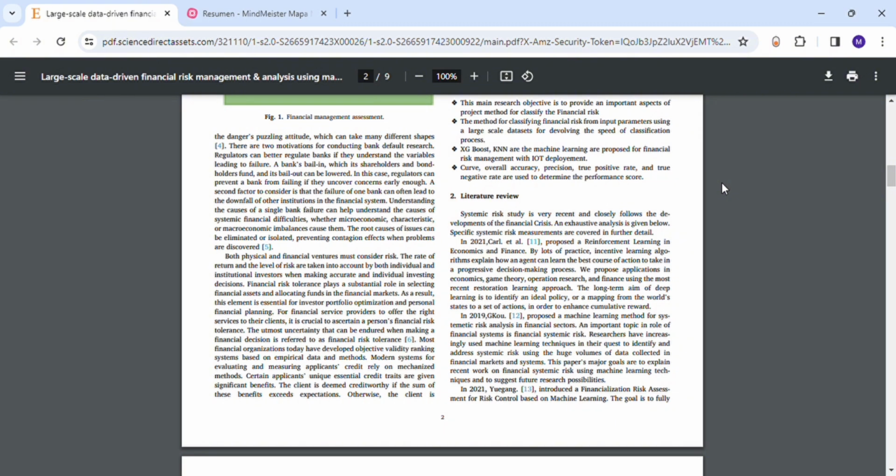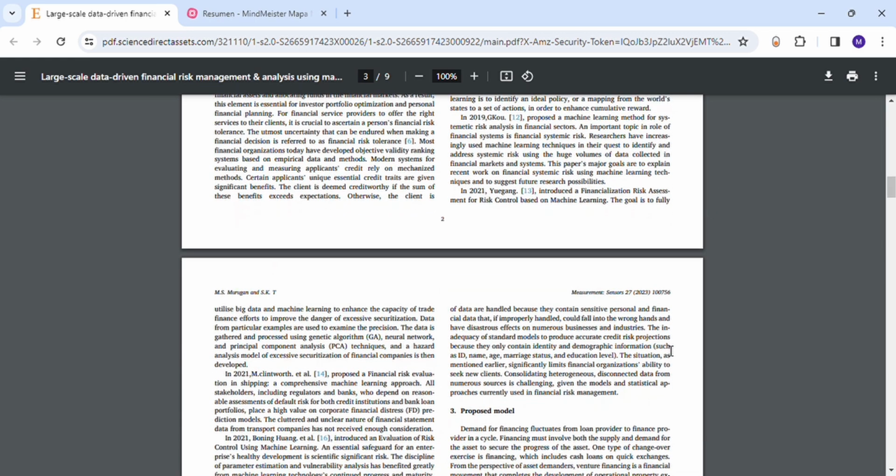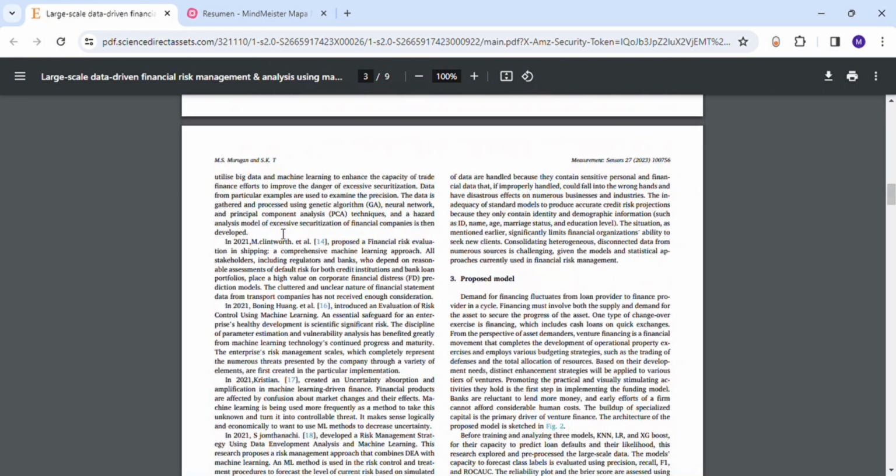future research possibilities. In 2021, Junhan introduced a financialization risk assessment for risk control based on machine learning. The goal is to fully utilize machine learning to enhance the capacity of trade finance efforts to reduce the danger of excessive securitization. Data from particular examples are used to examine the precision. The data is gathered and processed using genetic algorithm (GA), neural network, and principal component analysis (PCA) techniques, and a hazard analysis model of excessive securitization of financial companies in the developed